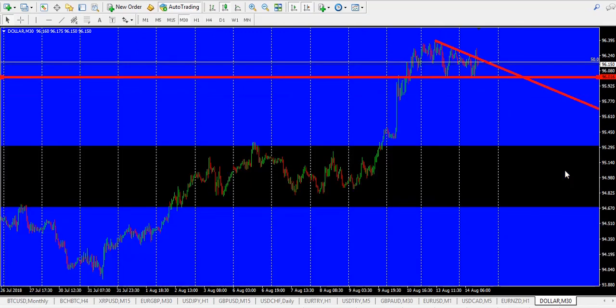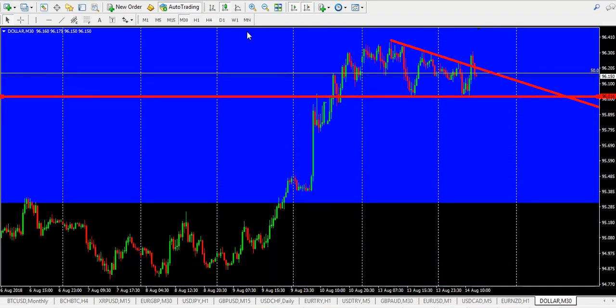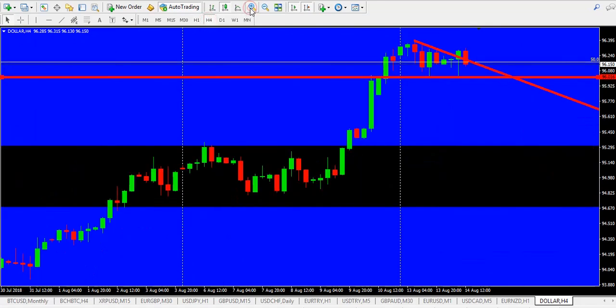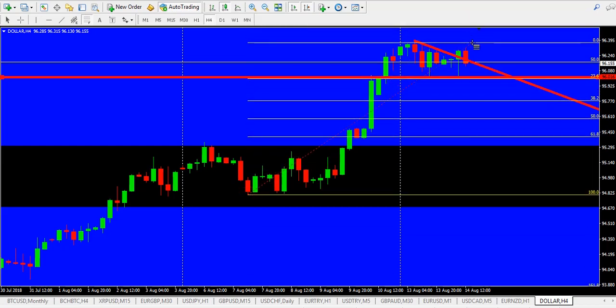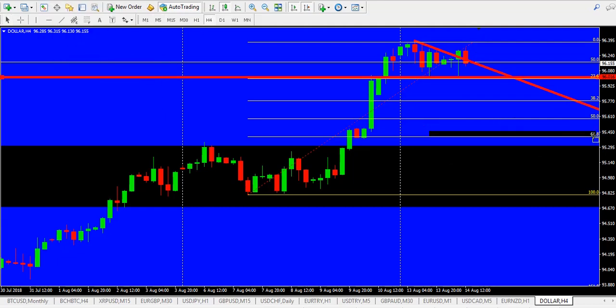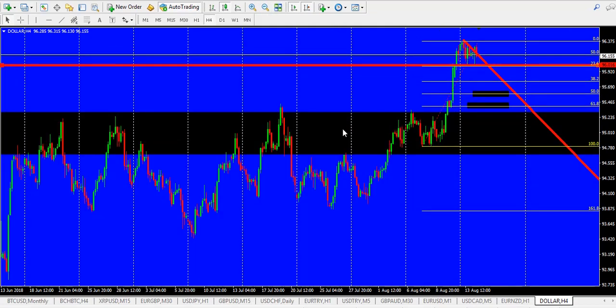Now, looking at it also from this 30-minute time frame, or even this hour, or even this 4 hour, we can take our Fibonacci and come from this swing low, go to this new swing high, and now we can get some targets. 61, 50, or even the whole thing to 100 back down here to break even, or down in here to 161,